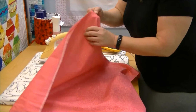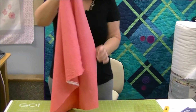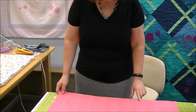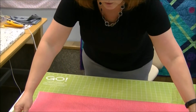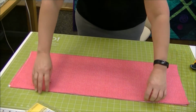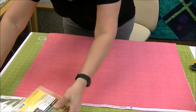All right, so once we're pressed, we're going to head back over here to the board. We're going to put the selvage edges away from us, so that's on this end. We're going to take the fold and fold the fold up to the selvage edge. Now, sure. So Loretta, why would I do that? The reason why you do this